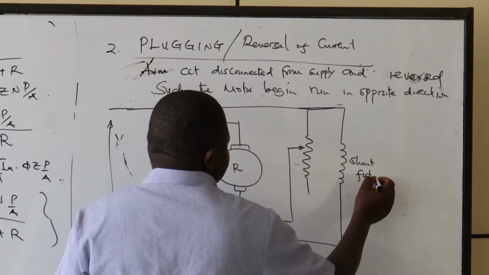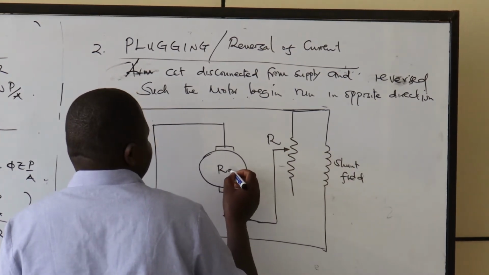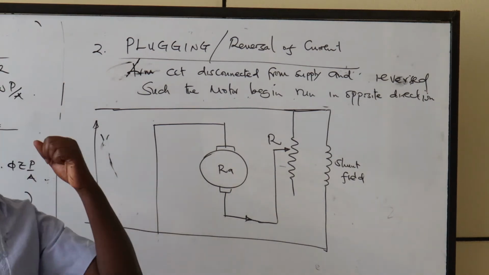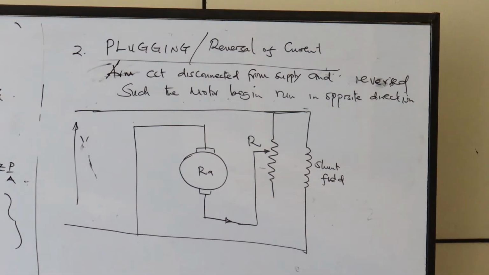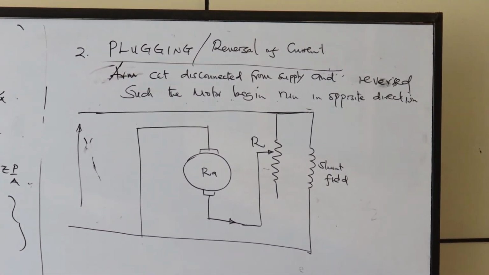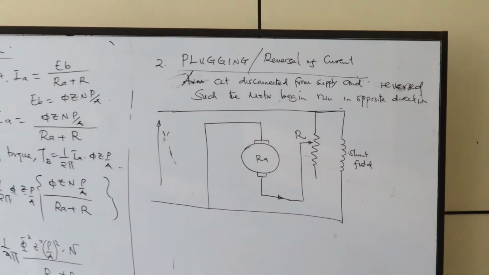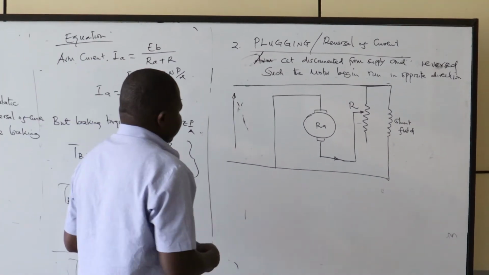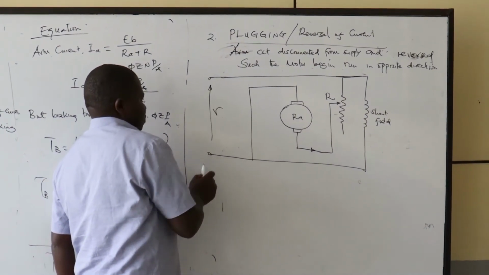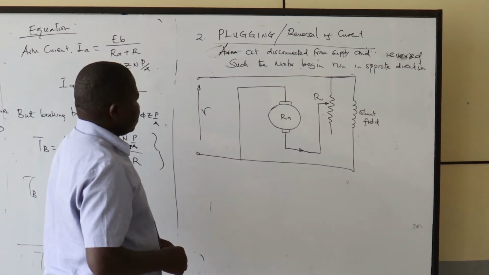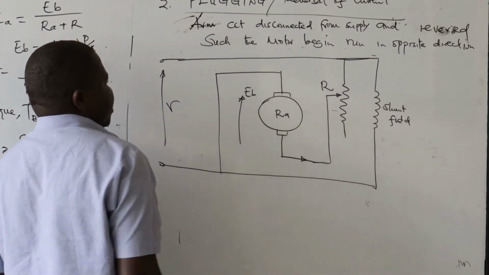The shunt field, and this is the braking resistor R and armature resistor. So when we overturn the connections and then put a braking resistance, then the motor will brake. Again, here we need to get to the equation. The EB induced,